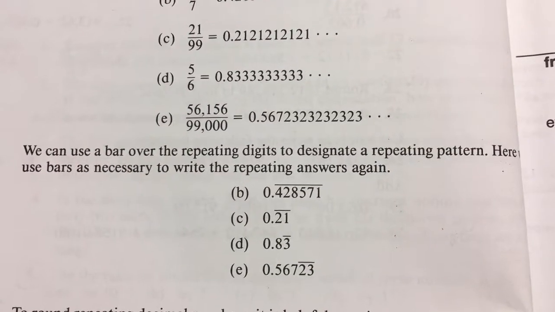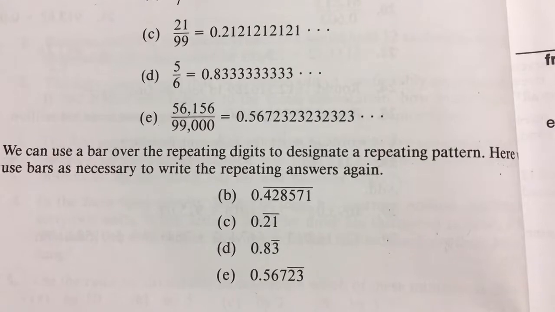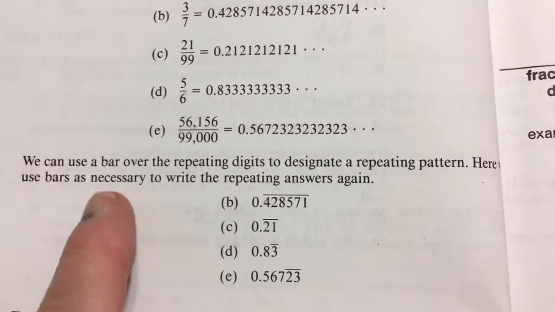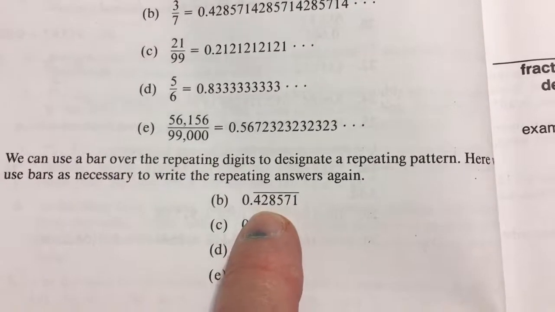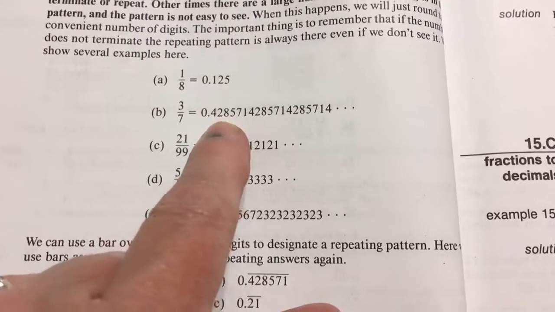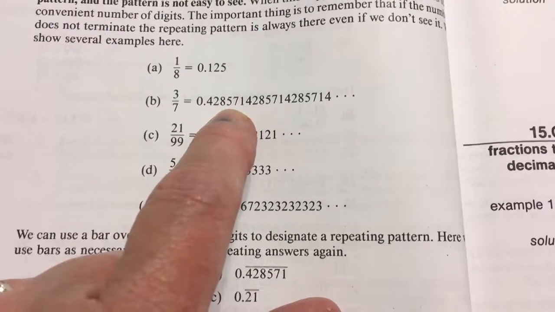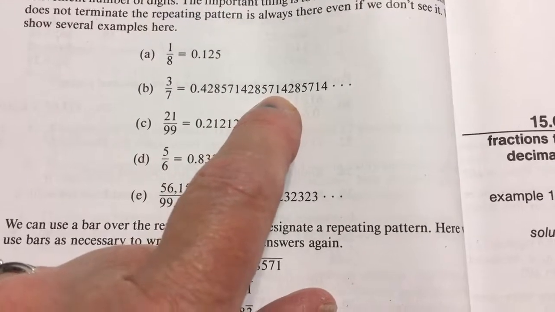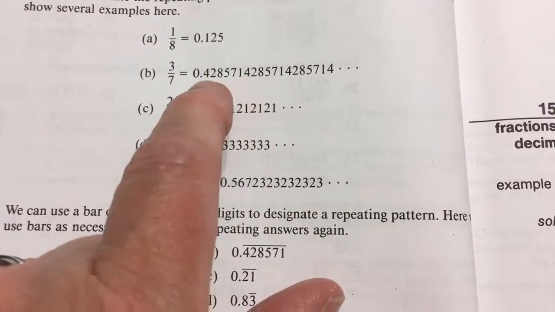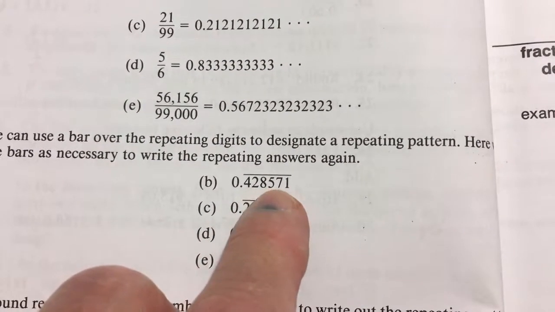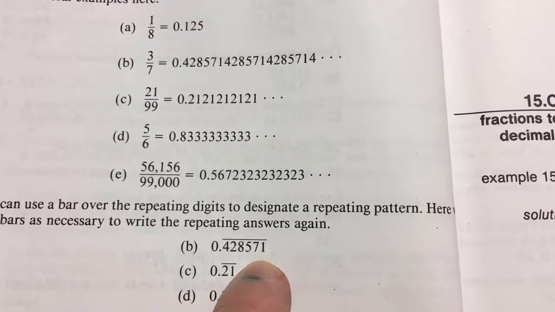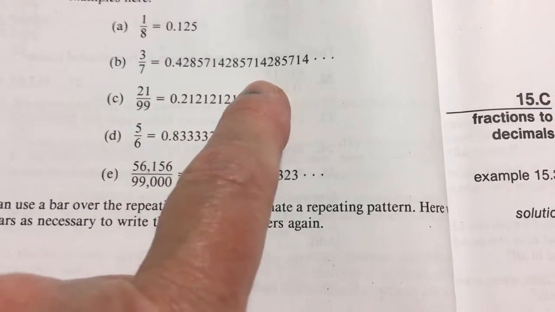So it says we can use a bar over the repeating digits to designate a repeating pattern. And we're going to put the bar over as many digits as we need to till we see the repeat. So here we had 0.428571, and then it started to repeat, 428571. So that is the repeating pattern. 1, 2, 3, 4, 5, 6 digits, 0.428571. Notice the bar goes over all 6 digits because all 6 digits are going to repeat again and again